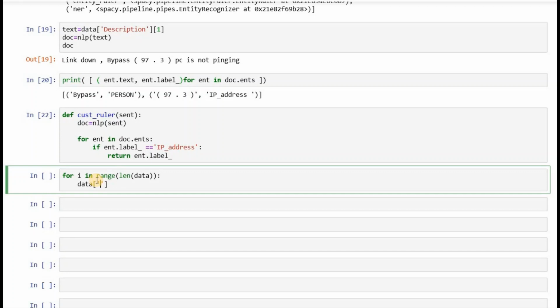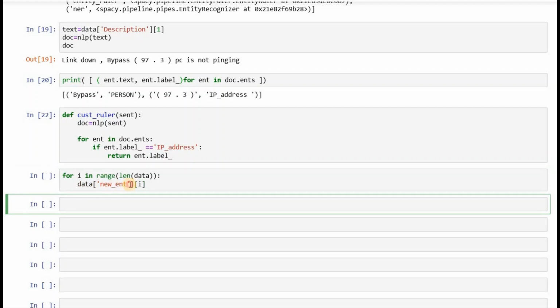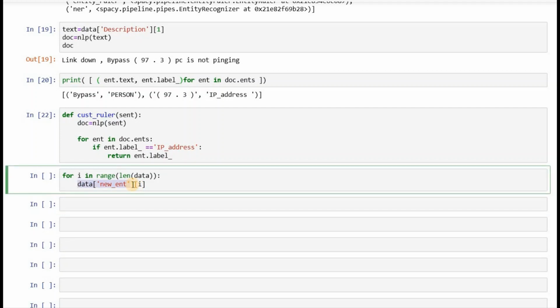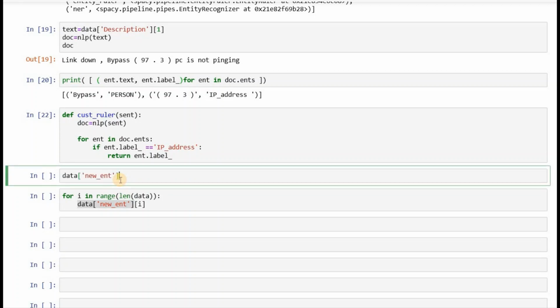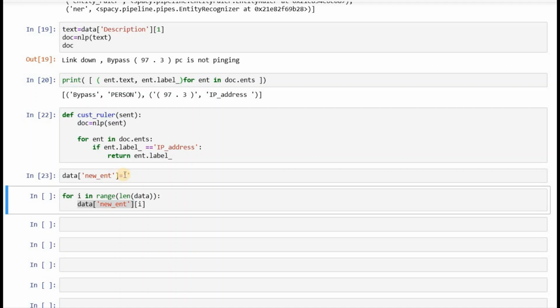Say new ENT. New ENT is the new column that I am creating. Let's create a new column here so that it's easy to understand. I am creating a new column, new ENT, that would have the IP address saved to it.